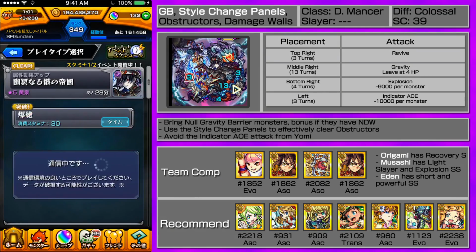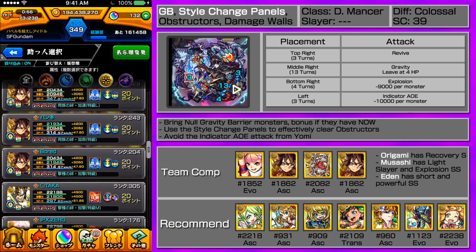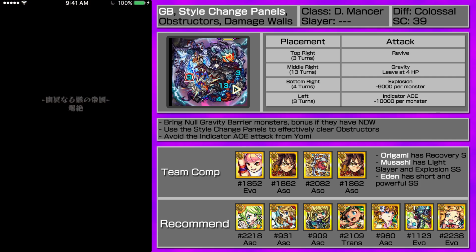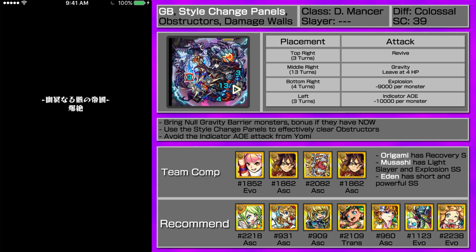Colossal version of Yomi is not really a version of Yomi, but people translate Yomi from Tsukuyomi. But this is the real Yomi, and my team is going to be Origami, 2 Miyamoto Musashis, and an Eden. So the OP is, of course, Musashi, and then there is Eden. The main gimmick is gravity barriers, and there's damage walls, but there is one special trick to it, and that